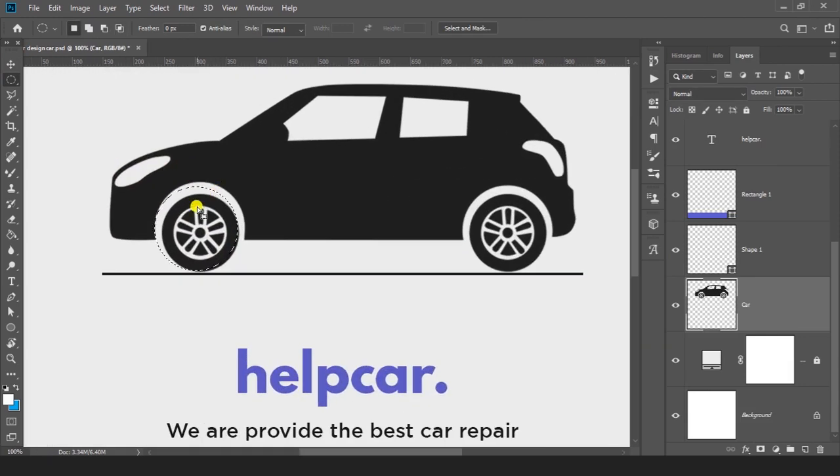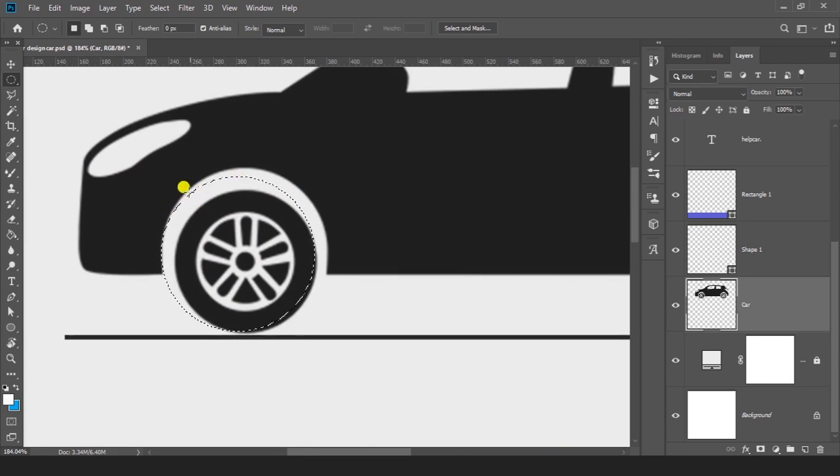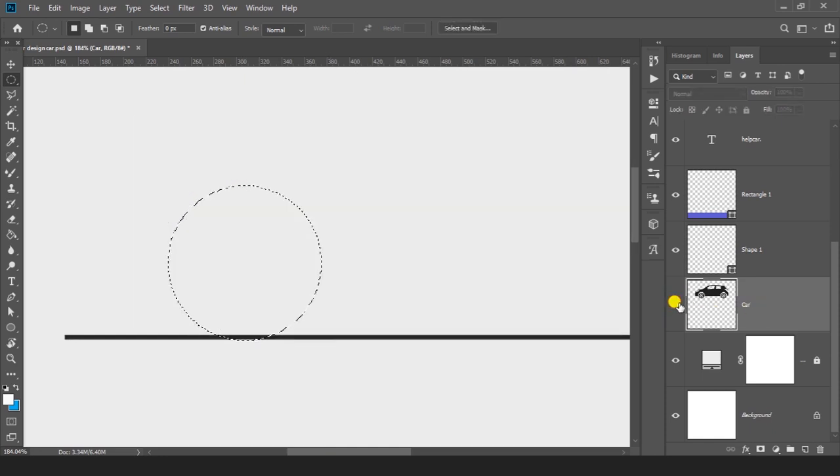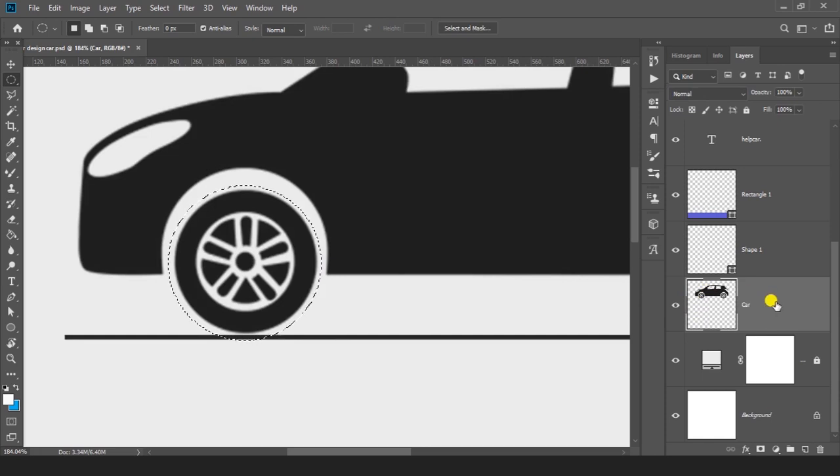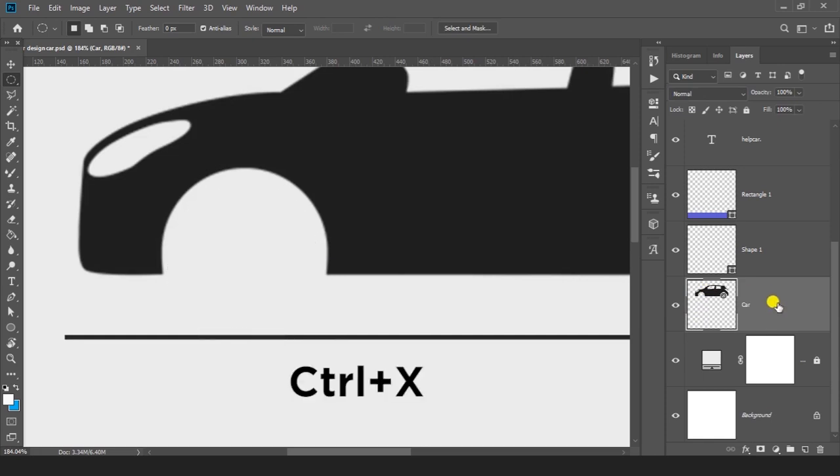Zoom in and make sure your selection is on the center of the vehicle. And now select this layer, this is our car layer, and press Ctrl X, and now press Ctrl Shift V.